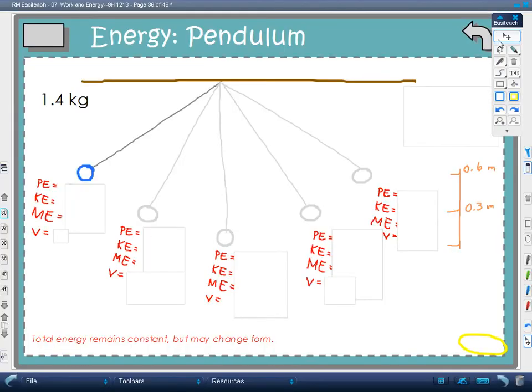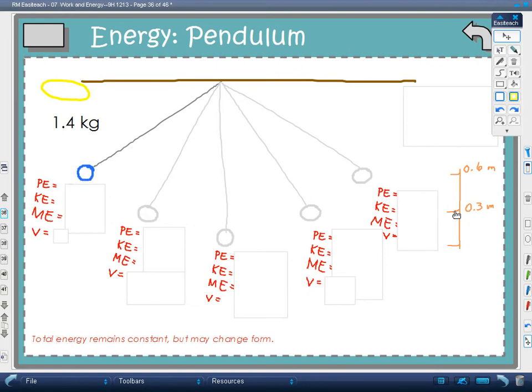So this is a pendulum problem, specifically related to the energy of the pendulum. It is a 1.4 kilogram pendulum. And what I want you to do is you're going to pause this video and you're going to draw this,